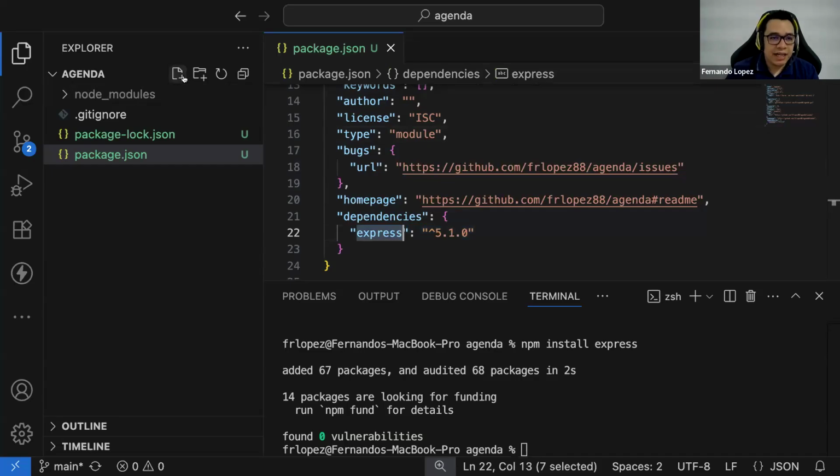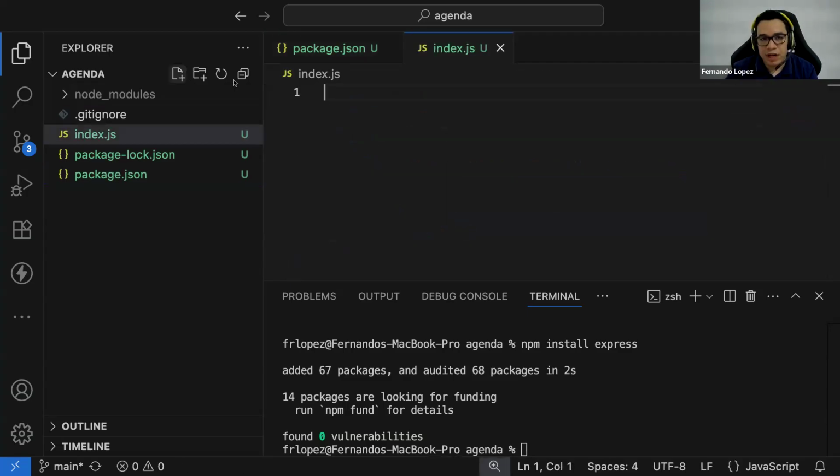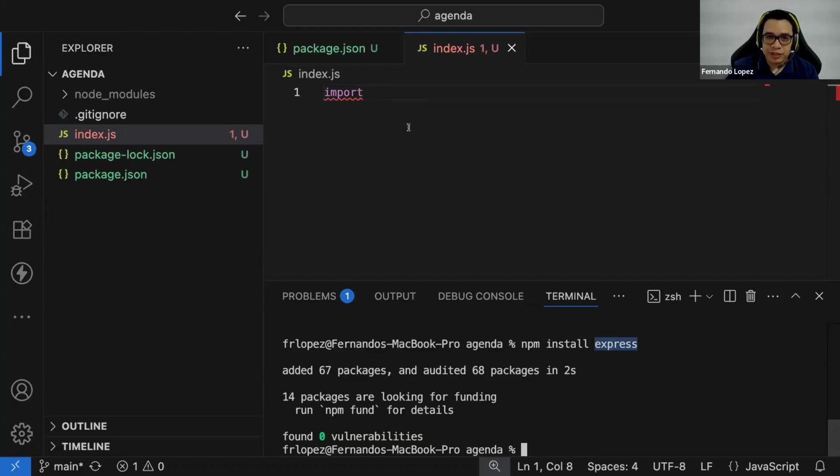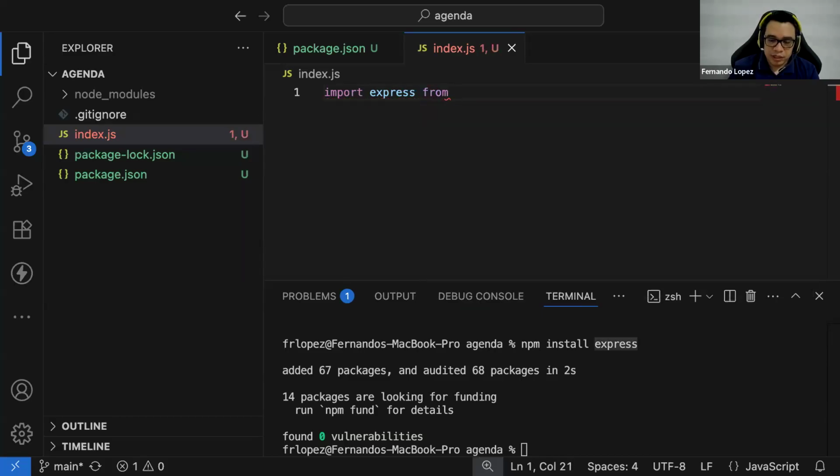So let me add a new file that is going to contain the logic of the project, and this is going to be the index.js file. This is going to be the principal file of the project. Okay. Now, this will be a very simple backend right now. Let me explain to you that if you want to deploy a backend, first you need to import from the library that we installed, Express, the object into the project.